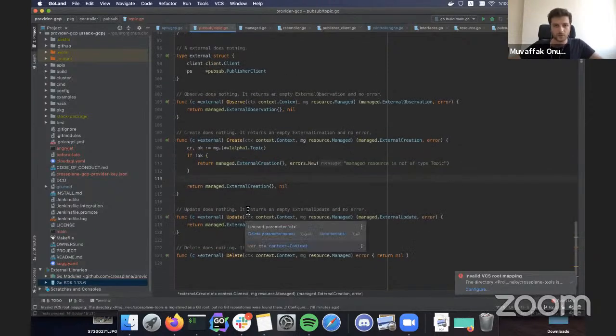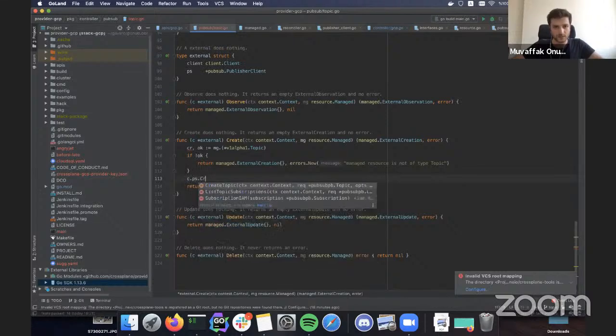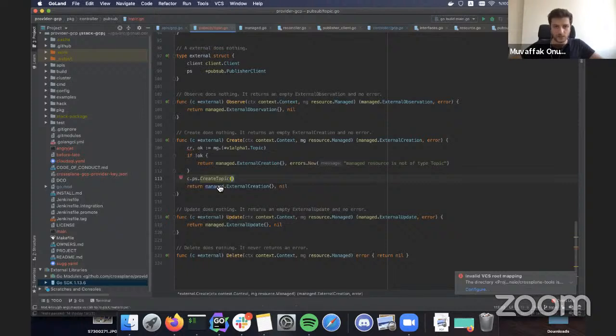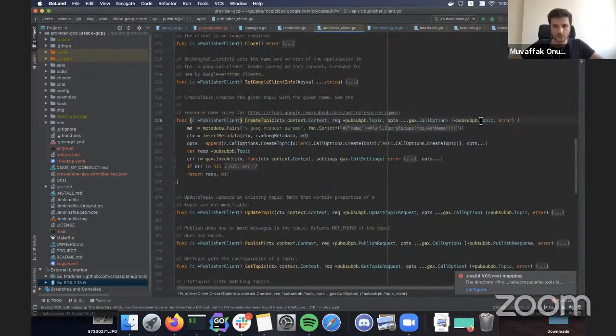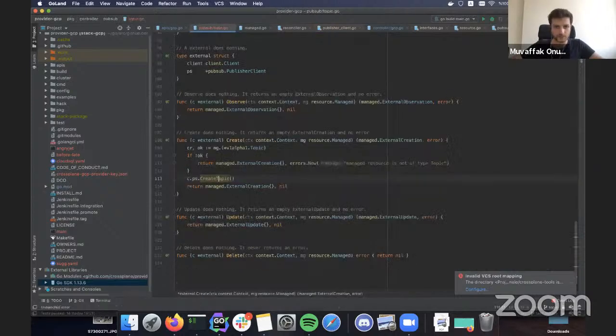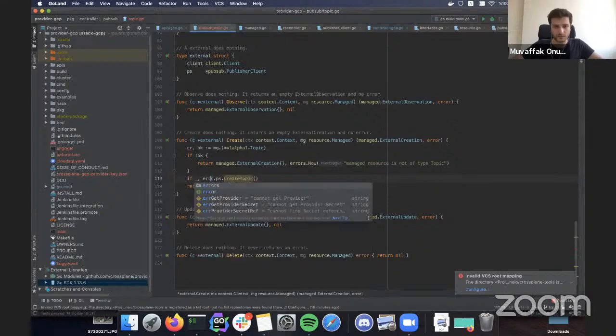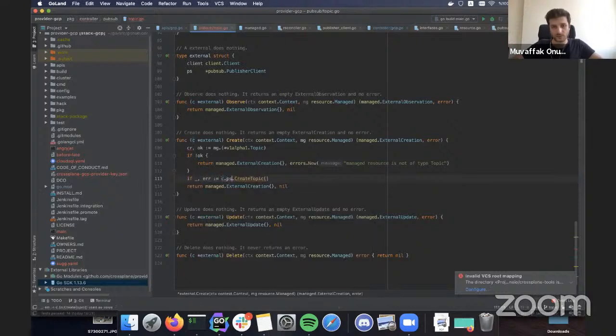Cool. So let's see, c.ps.create topic. When we look at this resource, you've got a topic itself, a header, and some parameters. So in this function, we don't need the actual topic because we're going to fetch it in observe as well. So we don't need that.